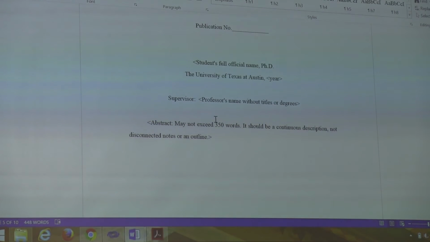One other thing applies to the signature page too, and this one, don't include any titles. Like don't say Dr. John Smith or John Smith, PhD, just say John Smith. And usually it's best if you can use at least a quasi-official name for them. I would maybe look them up on UT Direct and see how their name is there and use that.